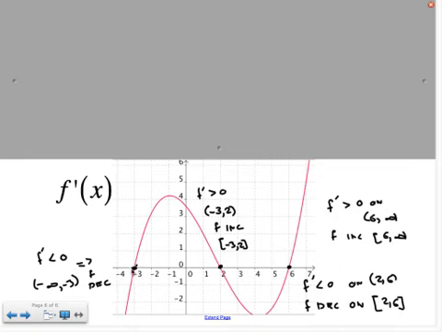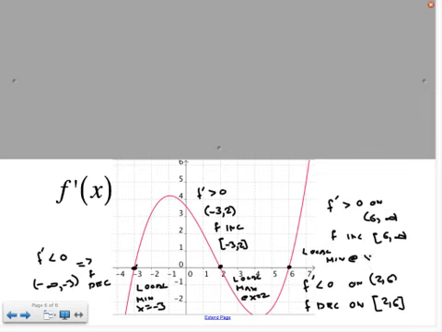That also tells us that right here, the first derivative changes from negative to positive. That's going to be a local min at x equals -3. We don't know the y value, and that's okay. We know locations, though. When the first derivative changes from positive to negative, that's going to be a local max at x equals 2. And again, the first derivative changing from negative to positive is going to be a local min